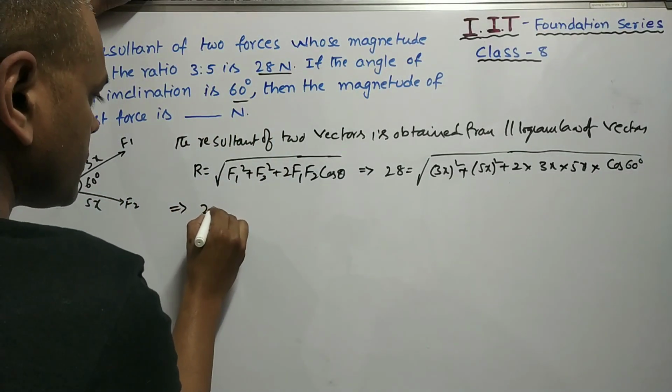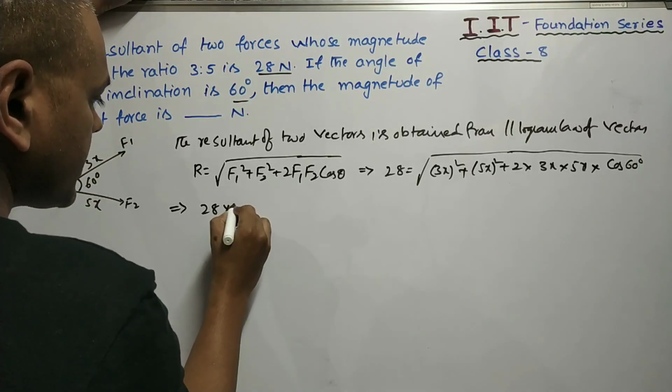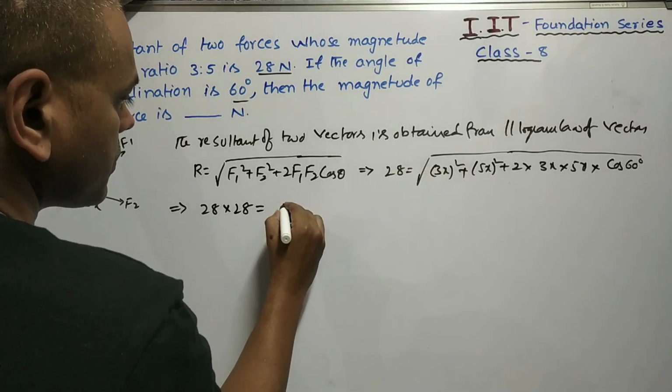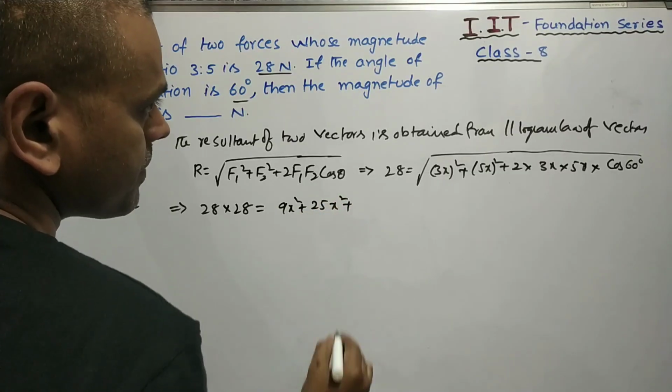That implies 28, squaring on both sides. That means 28 into 28 is equal to 9x square plus 25x square plus